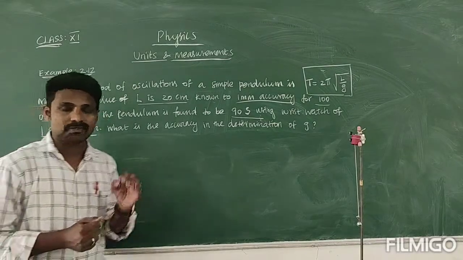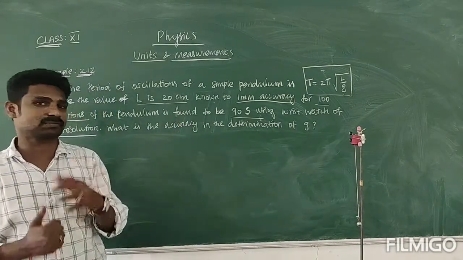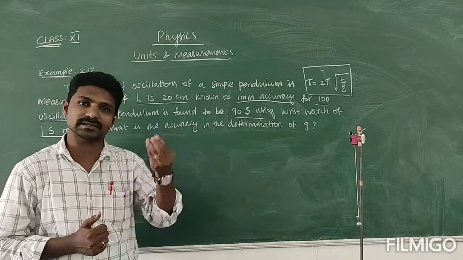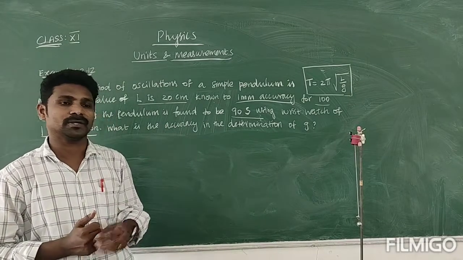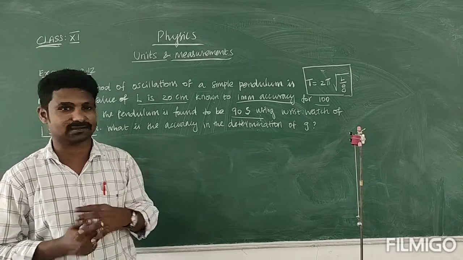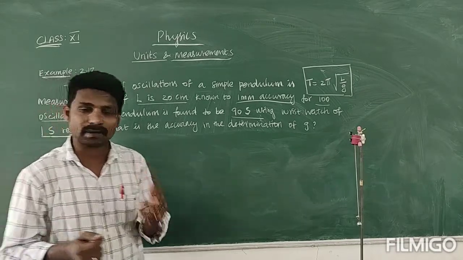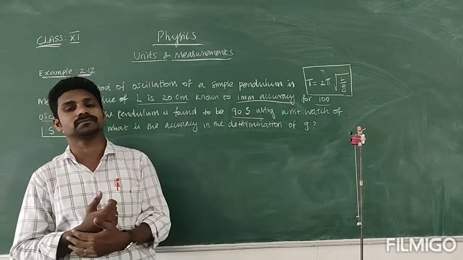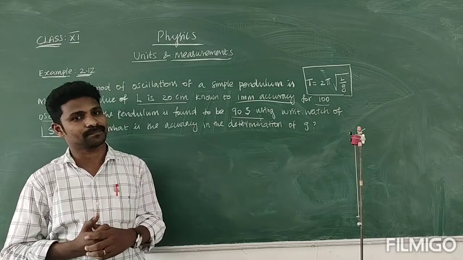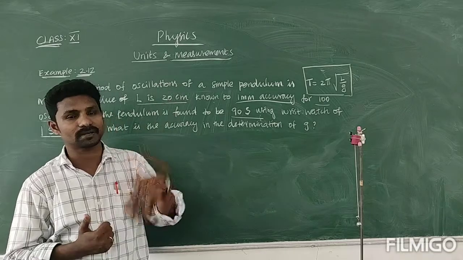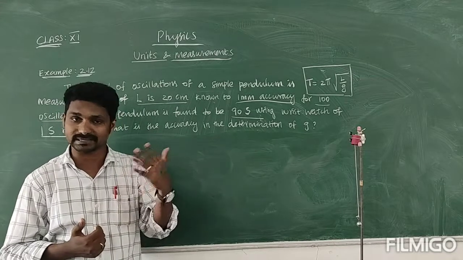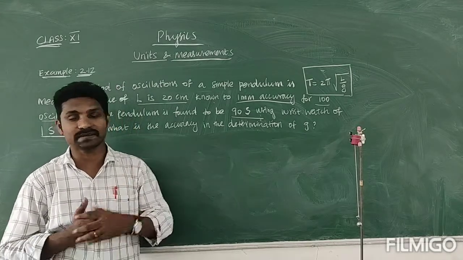Actually, this question is related to the simple pendulum, which is generally used to find acceleration due to gravity. You know that acceleration due to gravity is 9.8 meter per second square for Earth. But this 9.8 meter per second square is exactly obtained only at sea level. When you move above or below the surface level, we get a change in the g value; I think the gravity value will be reduced.